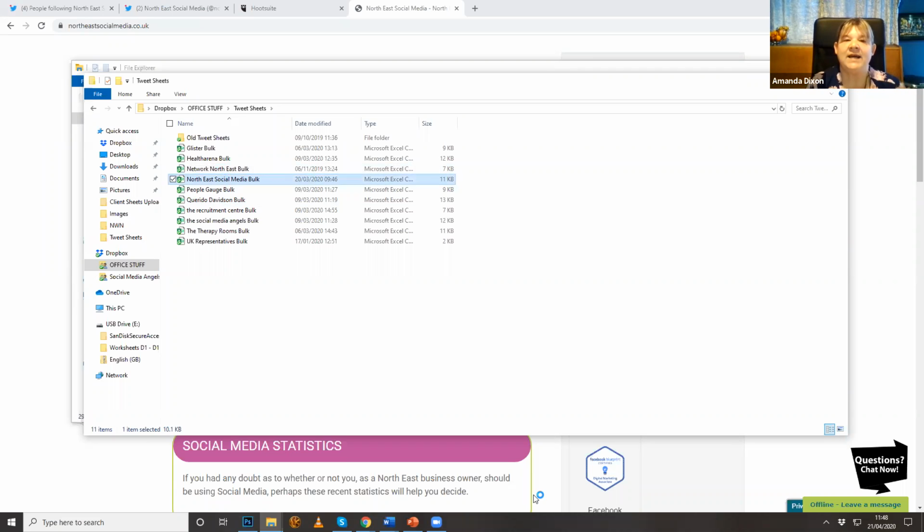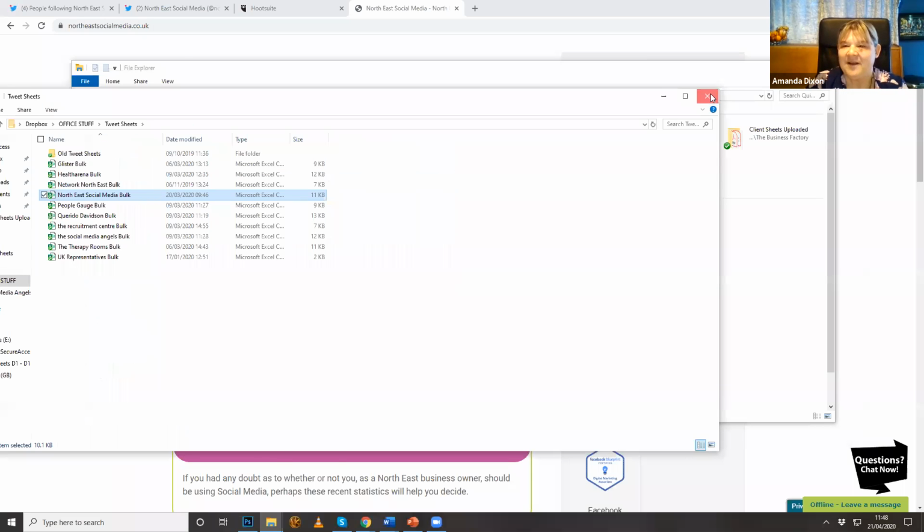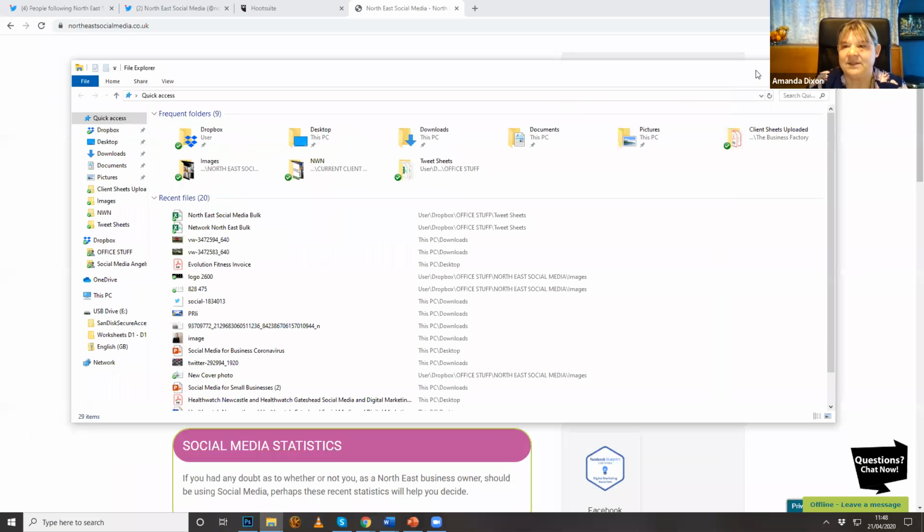And what I do on that is I've created these bulk tweets, the generic tweets that I can keep uploading every couple of weeks. So I've got 50 tweets on there, and I just click on the button to upload them into my Hootsuite, and then we add some images on when we've done that, and that's them scheduled for 2 weeks. That's what you can do with the paid for version. And if my Excel sheet's open, I'll be able to show you that. But what you can do on the free accounts, let me just close that down,